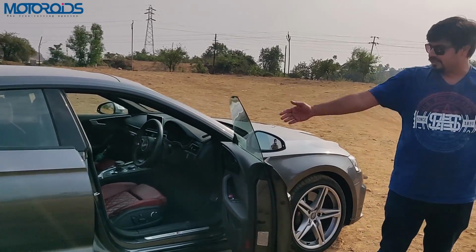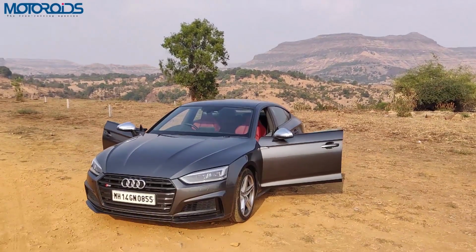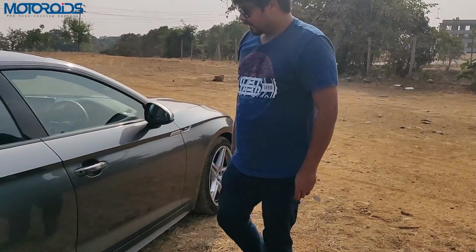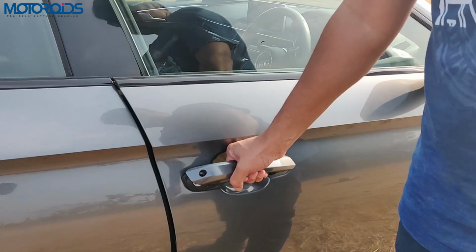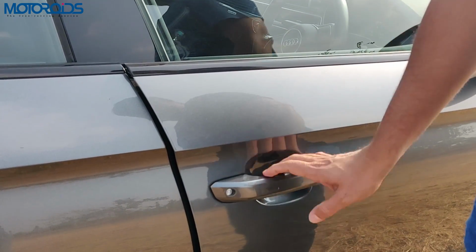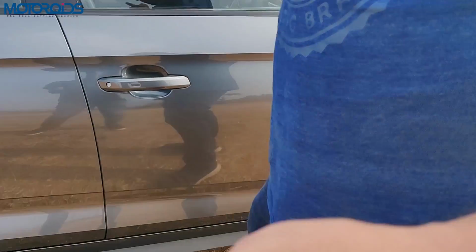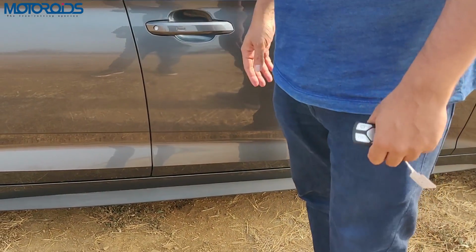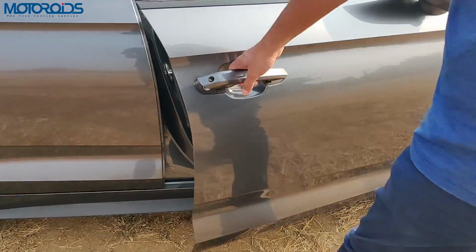Before we get in, you would appreciate these frameless doors, which obviously add a lot to the sporty appeal of the car, and also the fact that the door handles rise up and not outside, so that's a different way of opening the doors. Apart from that, this key comes equipped with a remote sensor, so you don't really have to do anything. Even if the key is in your pocket,